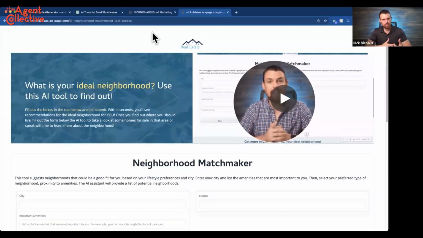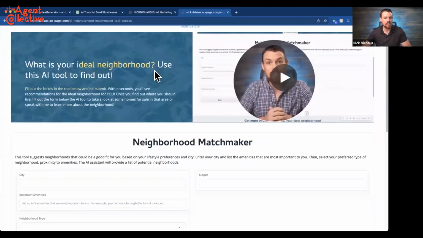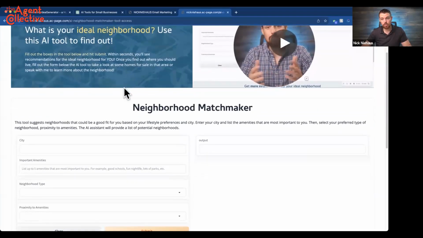Part of my theory of AI is that a lot of these tools are so affordable that I think we're going to see them become free, just like we did with social media. And I would imagine that what I'm doing here today is something you're going to see a lot more companies doing in the relatively near future. So this is a prototype. This is early stage, something we're just starting to experiment with, but I wanted to share this idea with you today. If you want to jump on it, you absolutely can.